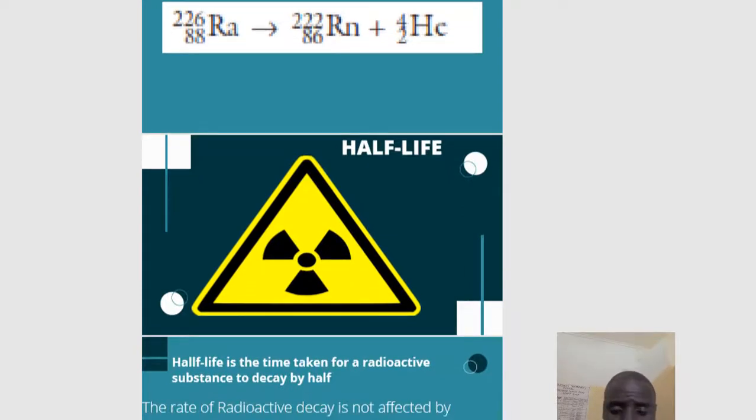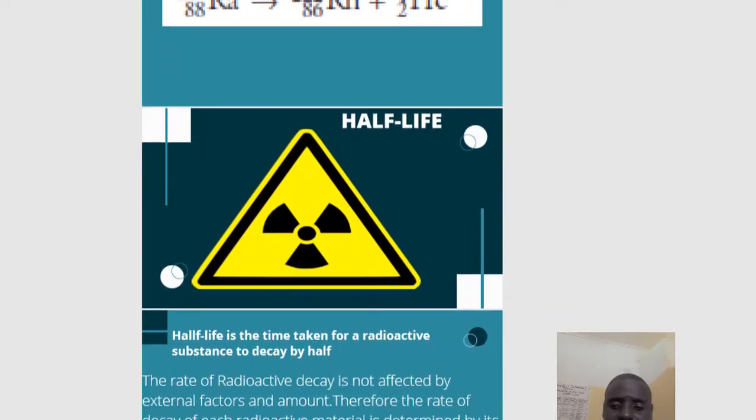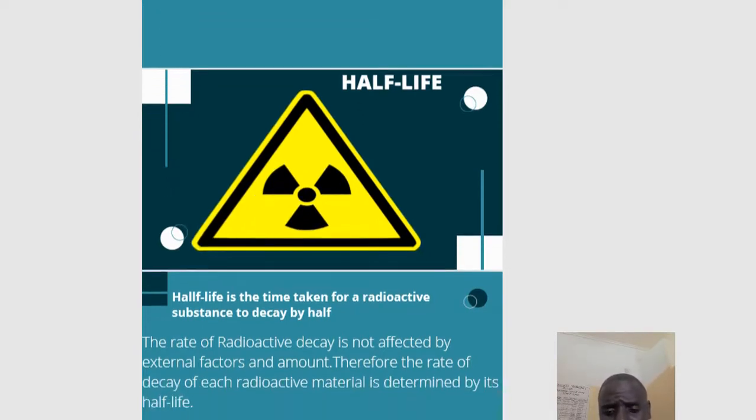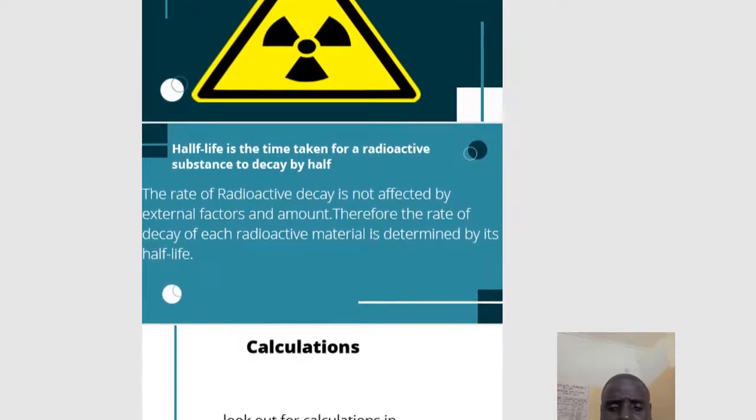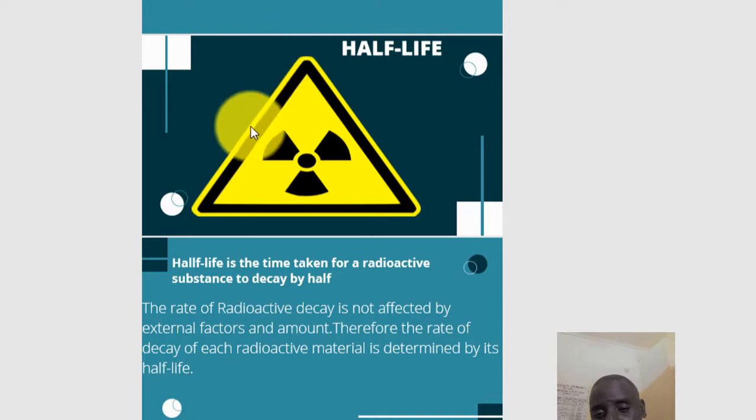Basically, in this syllabus we do not go further to look at gamma decay. Otherwise, when gamma decay takes place, there is no change in the mass number or nucleon number, and in the proton number. The numbers are maintained, but the energy is reduced. The energy of the nuclide before it releases some gamma rays is higher than after it releases. So in that case, it becomes stable by releasing that energy. Remember, we talked about nuclear stability in radioactivity 1, when we were looking at nuclear stability and the structure of an atom.